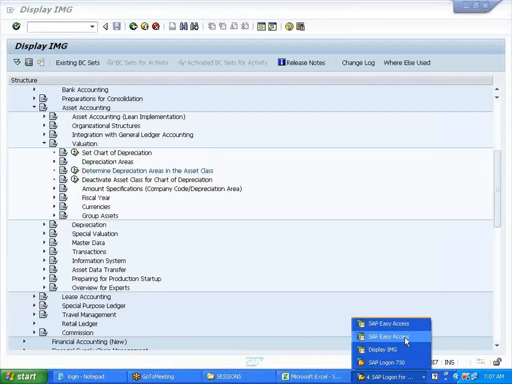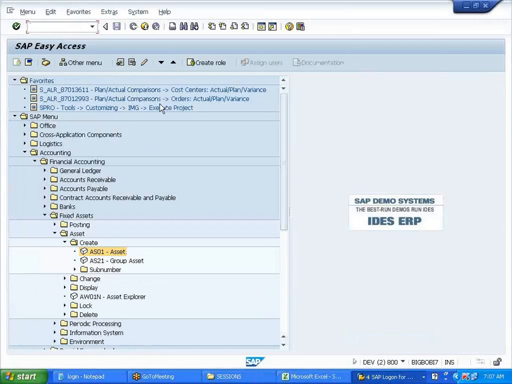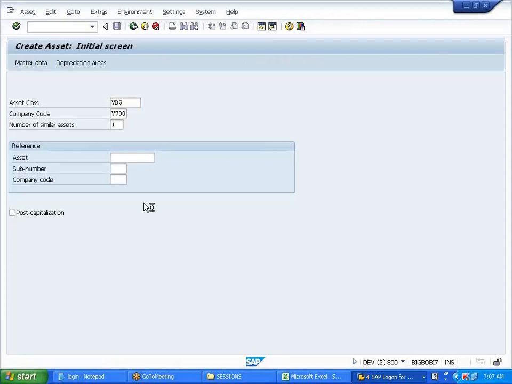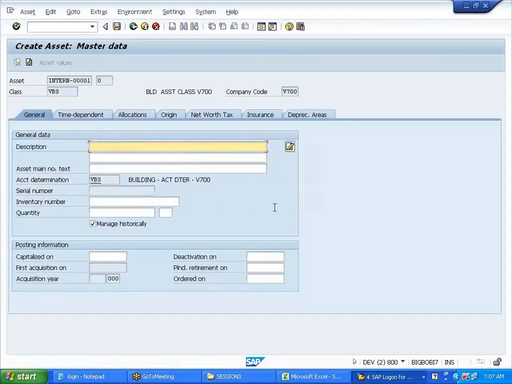Now let us define the master data. AS01, enter. So I'm through. Now this is my building. I'll put the scenario name. It's okay, right? In the description. You should name the asset over here. I'm just keeping the scenario so that there are many scenarios. So I'll just keep it the scenario name. So here I'm trying to check what period control. Okay. First scenario we'll keep it this way.